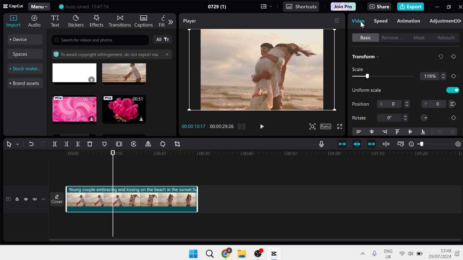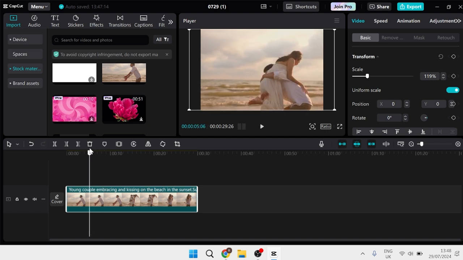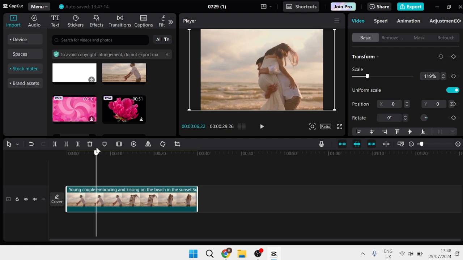Come over to the video tab at the top and you'll see this transform section over here. And now this is what we're going to be using to create the zoom in and out effect. So the very first thing we need to do is to just drag this marker to where we want the zoom in or out effect to begin. So I'm just going to drag my marker to here as this is where I want the zoom in effect